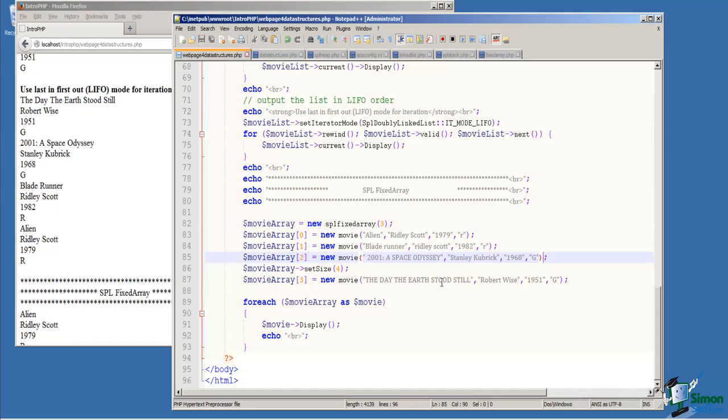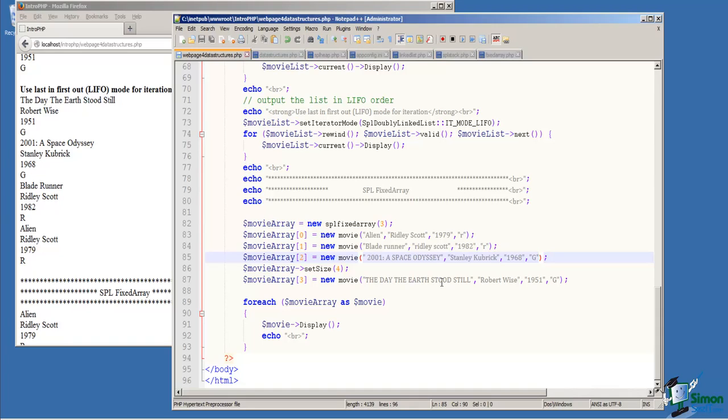On line 86, we've reached the capacity of the array, 3 elements. So we need to resize the array, and we do so on line 86 by calling the setSize function of the SPL fixed array and adjusting its size to 4 so that on line 87 we can insert the 4th